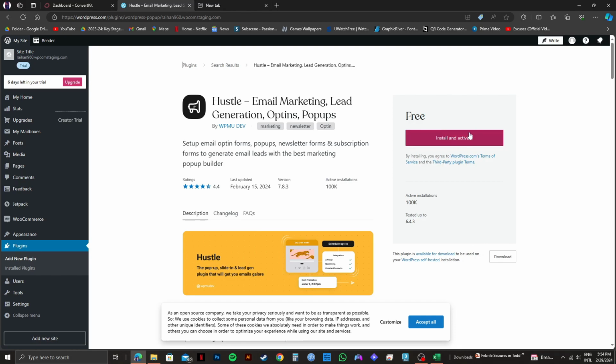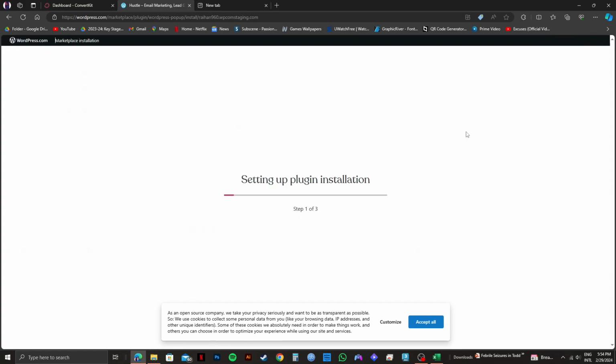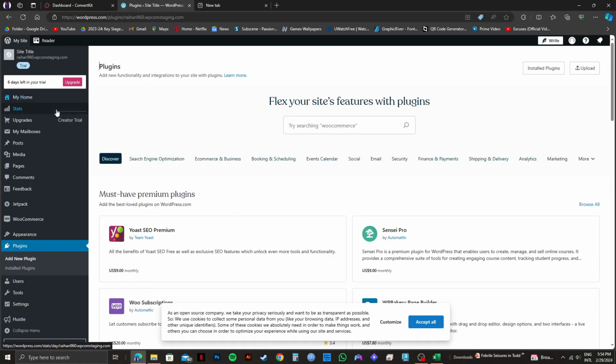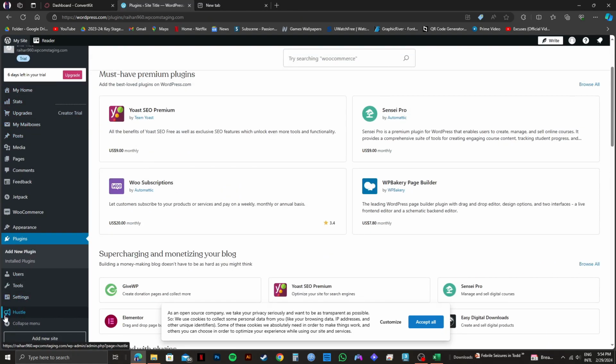Now, just wait for it to get installed. As you can see, your plugin is now being installed on your WordPress. And once it's done, all you need to do is click on Back to Plugins on the top left. Then, if you scroll down on the left panel, you will get to see Hustle right here. And that is exactly how you can integrate ConvertKit with